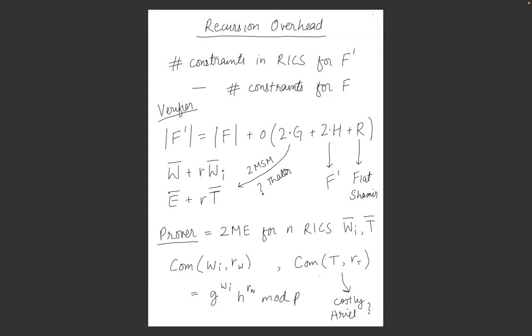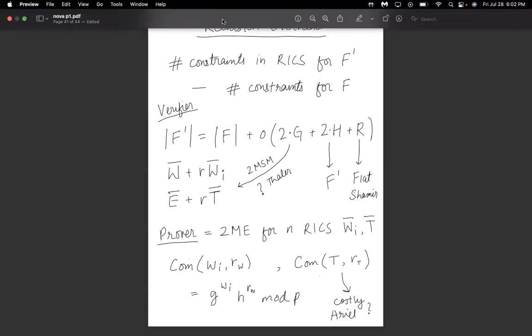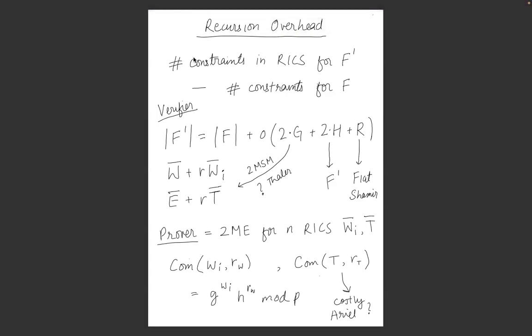Also, there is a section in the Nova paper which describes that in addition to these two MSMs, we also have to do two exponentiations, which I did not understand. So I was hoping to talk to Google. We can discuss this next time. And